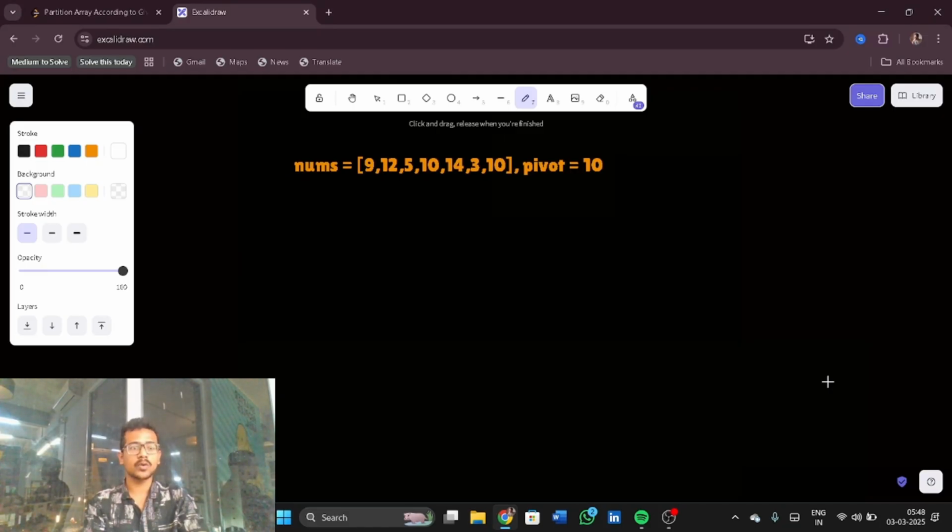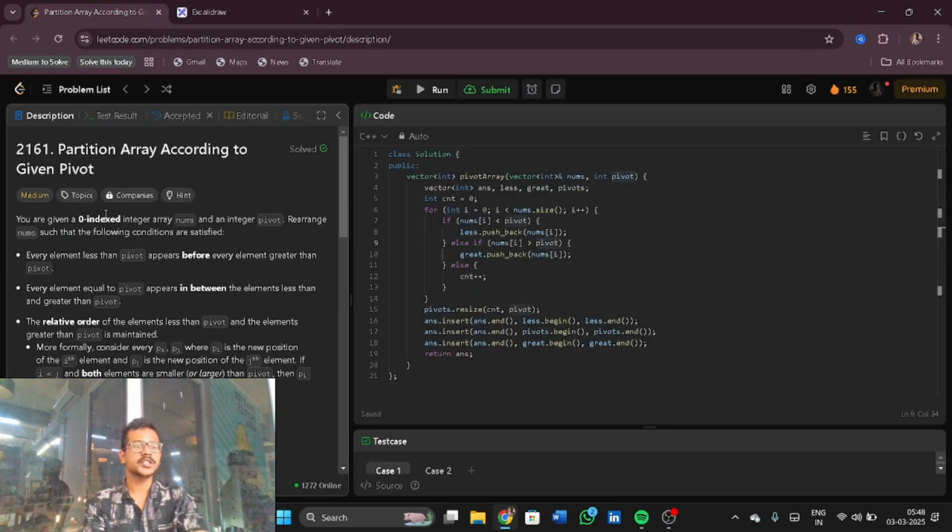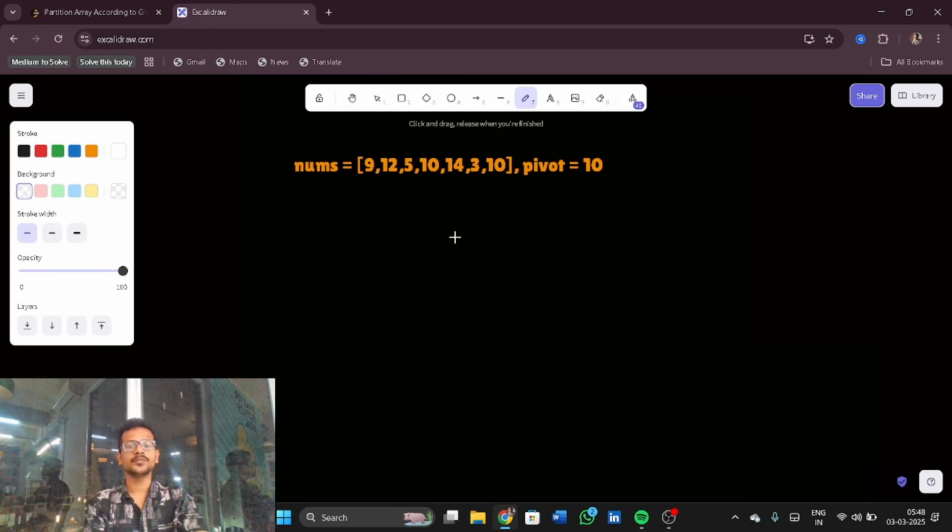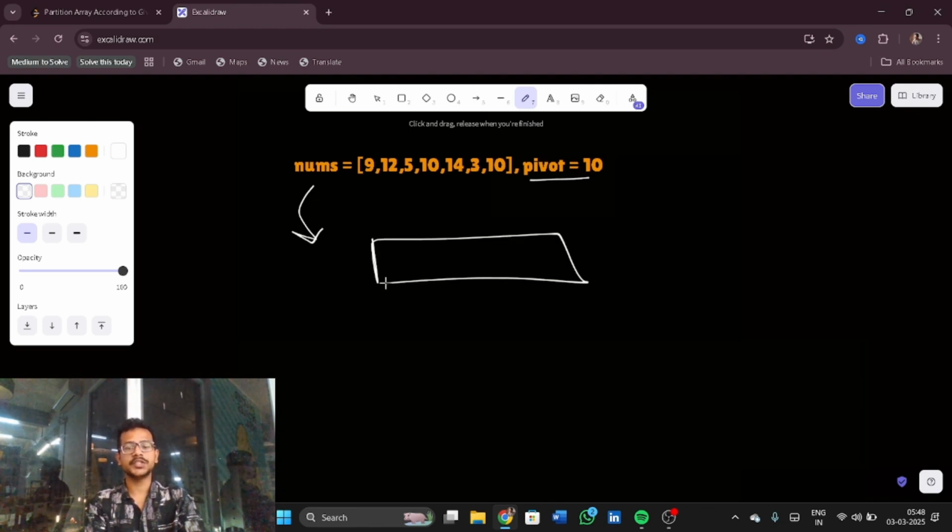Let us now discuss how we can solve this problem, partition array according to given pivot. We are given a nums array, an integer array, and we are given a pivot. Now we need to return a vector so that the array is partitioned by the pivot. That means the pivot should be in the middle, and the elements which are lesser than